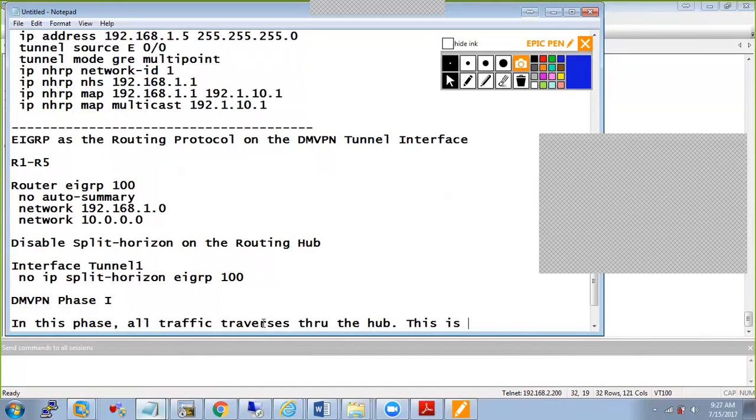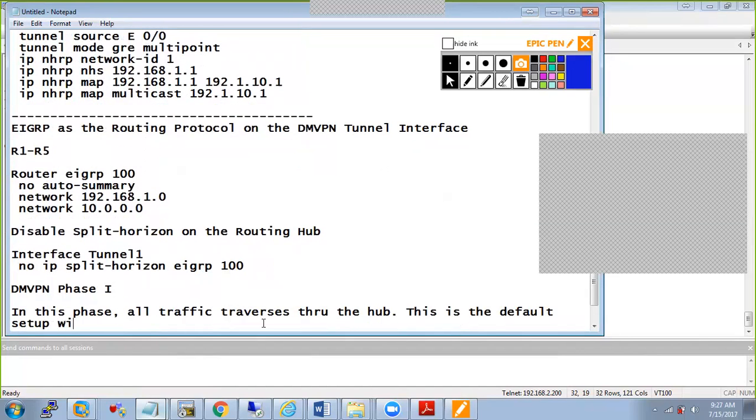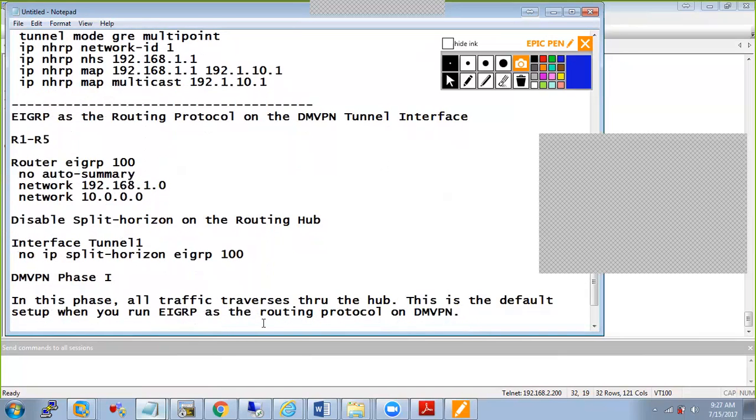This is the default setup when you run EIGRP as the routing protocol on DMVPN. So if you run DMVPN by itself and you run it like that, it is going to be